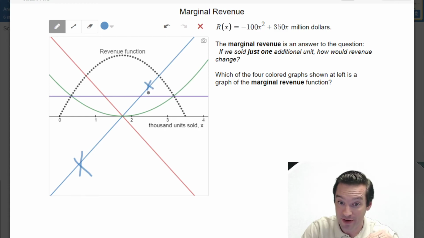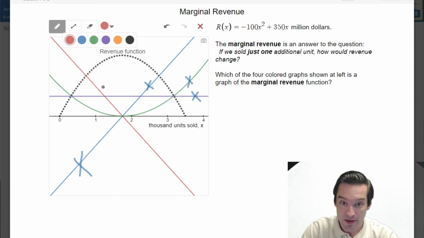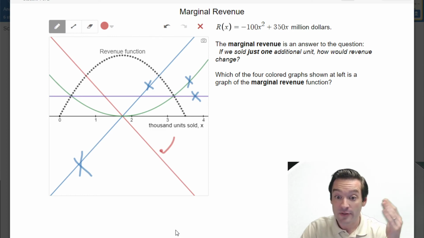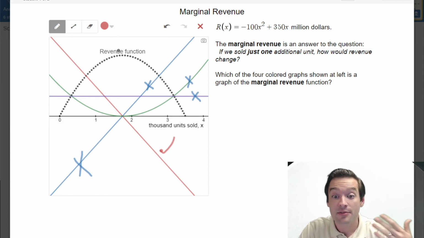And there's only one graph remaining which does that, because this blue curve is north. The blue curve is positive where the revenue function is decreasing. This green curve is positive where the revenue function is decreasing. And the purple curve is positive where the revenue function is decreasing. The only one which is negative, south of the x-axis, where my revenue function is decreasing, is my red curve. And so my red curve is a graph of the derivative of my revenue function here, because it's positive, north of the x-axis, where my revenue function is increasing,